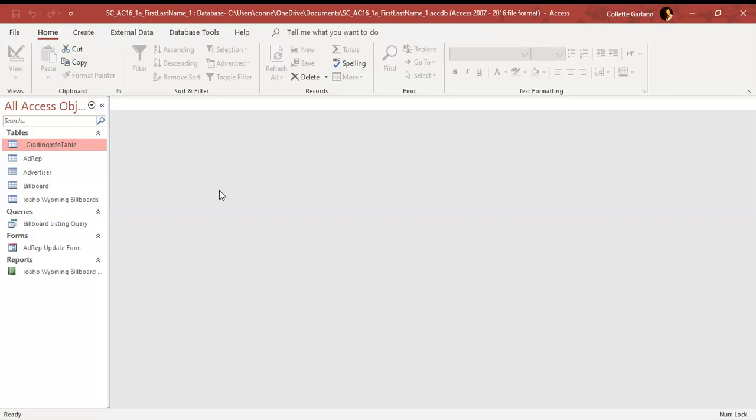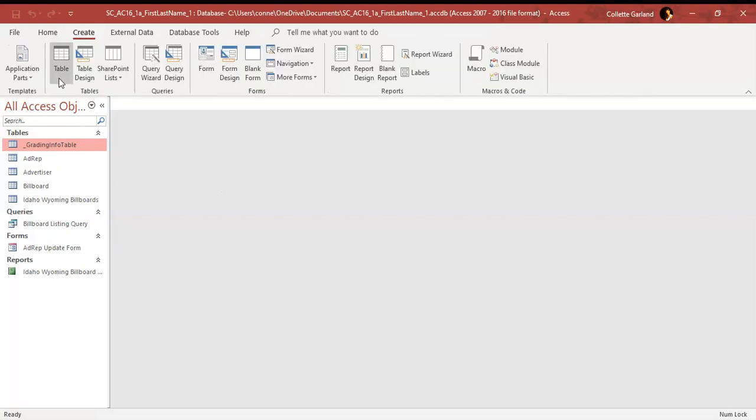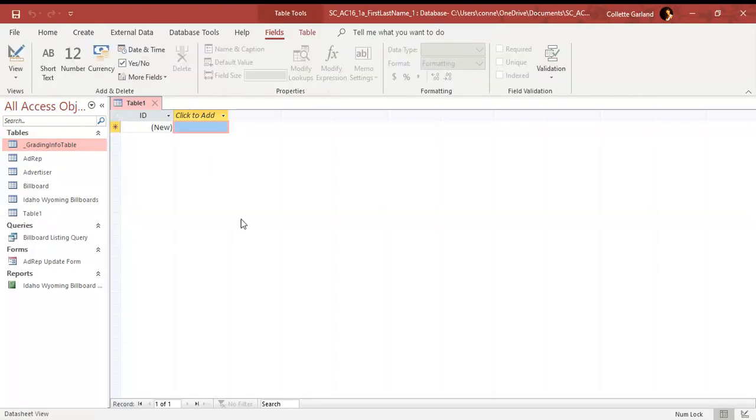Alright, so number 1 says to create a new table in Datasheet view. So we'll go to Create and click on Table. So we created a completely blank table, and 1A says rename default primary key ID field State and change the data type to short text. Is this guy right here? If you double click on it, you can change the name. So State, enter,